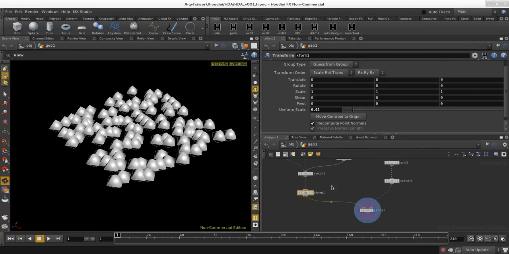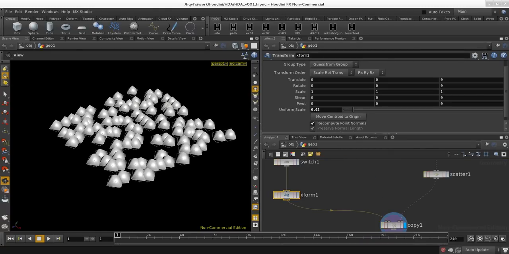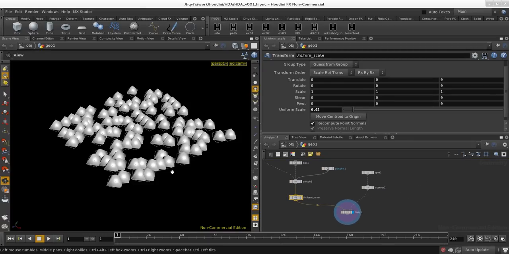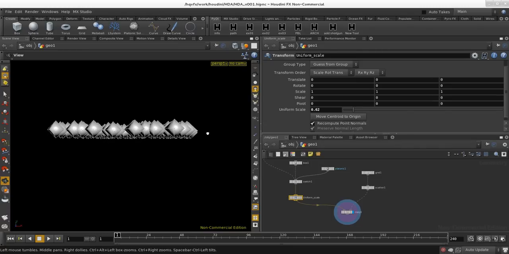It's good practice to rename these nodes, so if anyone else sees your file, they can easily understand what's going on in there. So it's uniform scale. Okay, so I have the grid, but if you see from the front view,